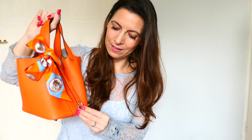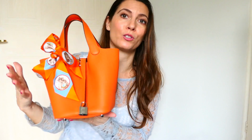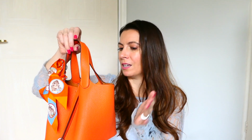If anyone has any questions at all about the bag or anything you want to know, then do ask. Obviously I've literally just unboxed, so I've not used it yet. But I do think it's going to be one of those bags that I do get quite a lot of use out of. I will, once I receive my bag liner, do a whole what's in my bag, what fits, if anyone is interested in that. But yeah, for the time being,